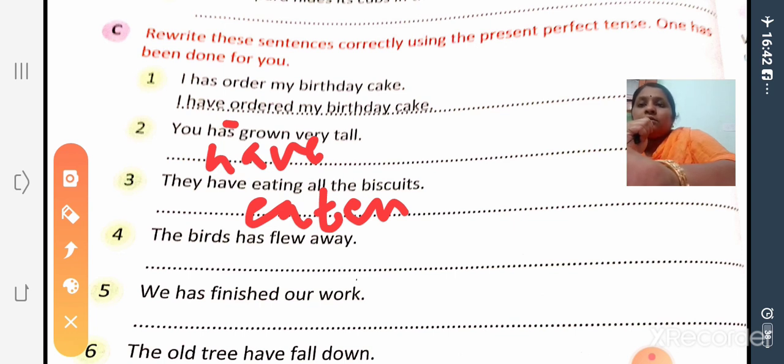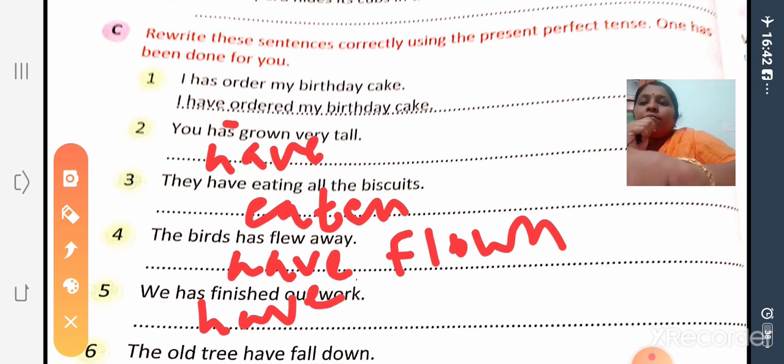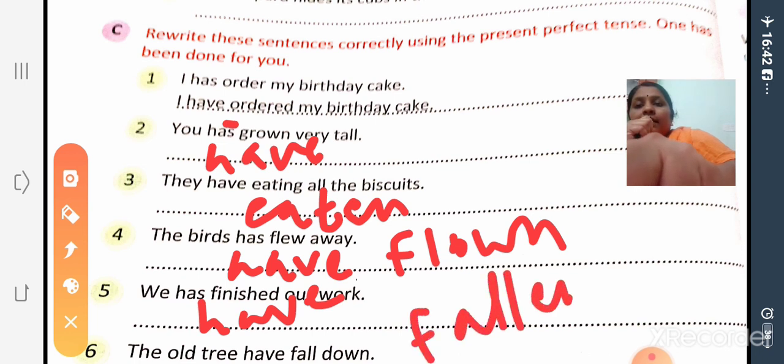The birds വരുമ്പോൾ have. The birds have flown away, flown, flown away. We has finished our work. We has alla, we have ആണ്. The old tree have fall down. The old tree have fall അല്ല fallen, fell, fallen down. Okay,